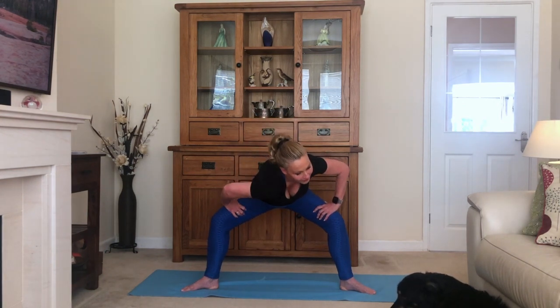Start bringing the heels in towards each other. So if you're standing on a tightrope, bend your knees down. And then bring the hands onto the thighs. Take your right shoulder, press it down. And then the left. Again, press the right shoulder and the left, and then come back to the center,